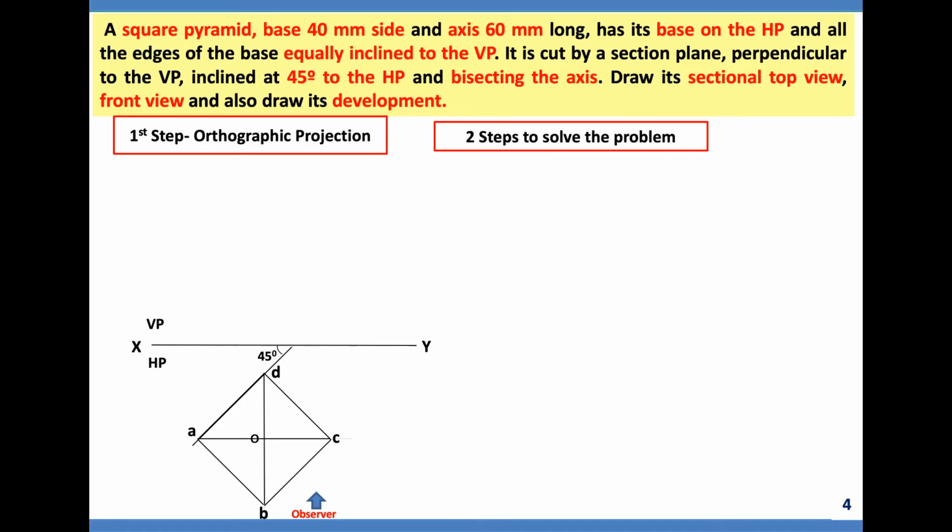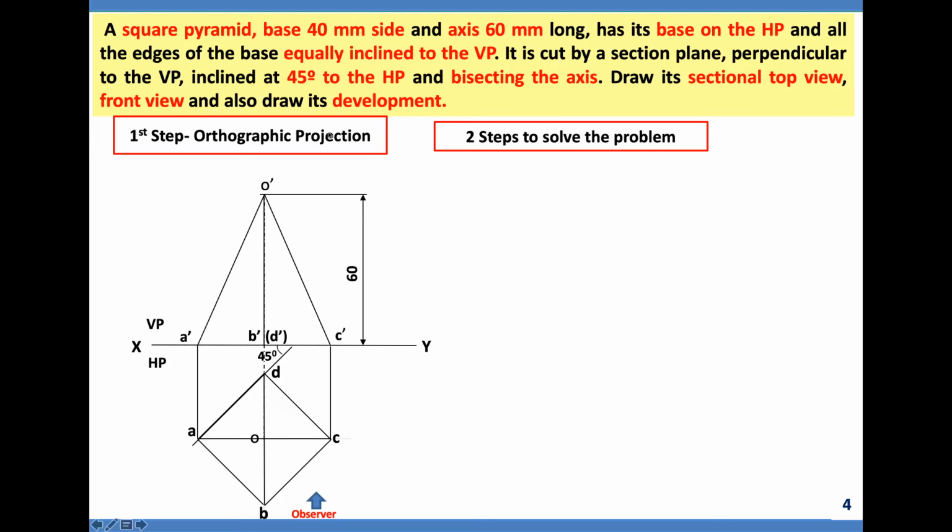Observer is positioned there. Draw the vertical projectors. Then in the front view, axis height is equal to the pyramid height. It is given as 60 mm. Then draw the front view. Yes, I'll use my cursor. Center line is also continuous because the observer can see OB. Now do the notation. Then O dash.